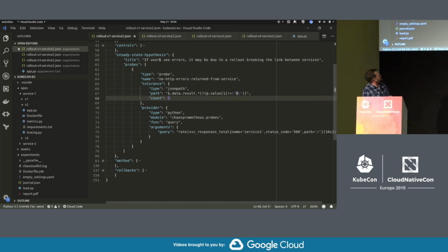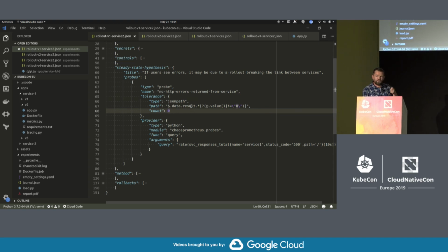Now, that thing is interesting in itself, but it runs twice, and that's what makes it very interesting overall for chaos engineering. What it does is, when you start running, it will run the first time before the method and say, before I do any action, am I actually already doing fine? Because if I'm not, there is no point in continuing. I already know I'm broken, or in a state that I can't actually read after the fact. So it will bail on the experiment immediately. The second time it runs is after the method, and basically it will tell you, have I deviated?